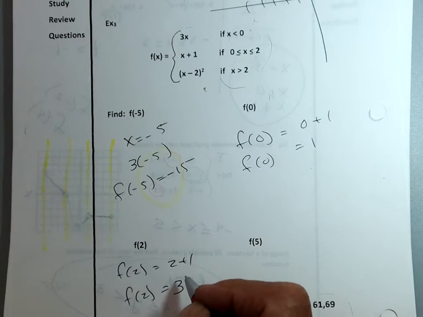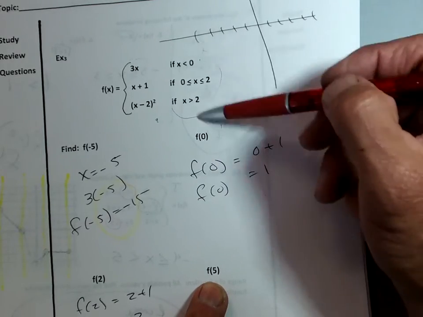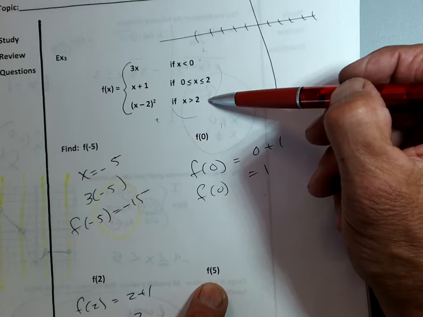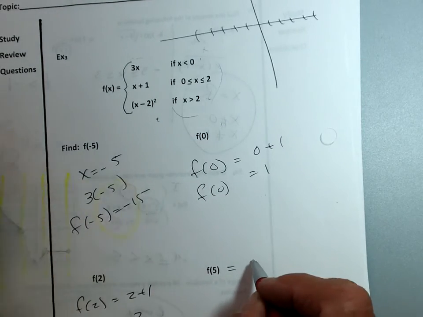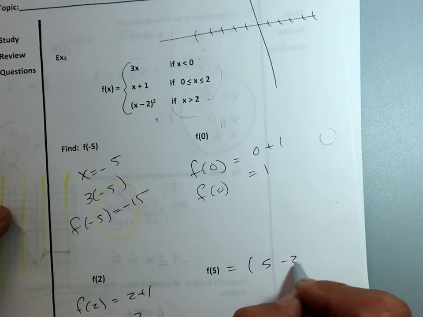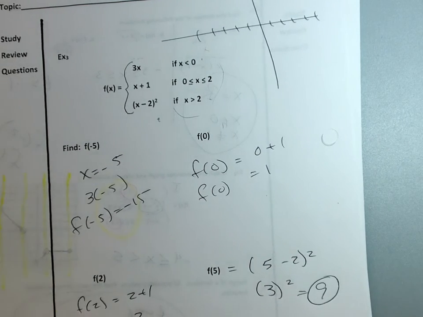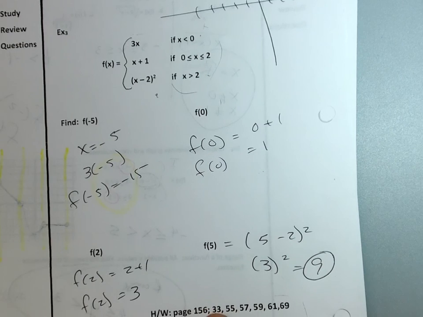Catching on? Yeah. F of 5, where does that go? First, second, or third? Third equation, because 5 is definitely greater than 2. So 5 has to go into the third equation, so I plug it in. F of 5 is equal to 5 minus 2 squared, which is 3 squared, which is 9. There you go. Okay, now, you just got the exact same sheet. We've got 5 problems that